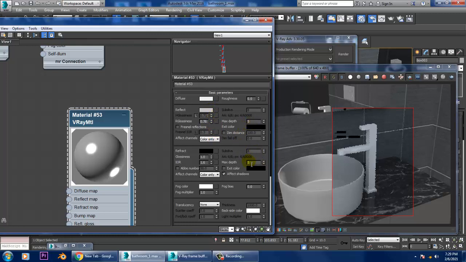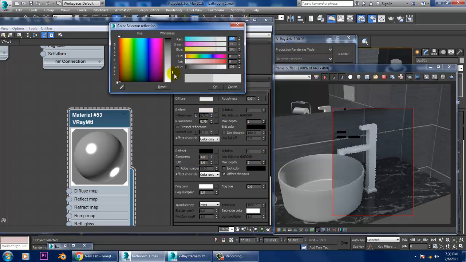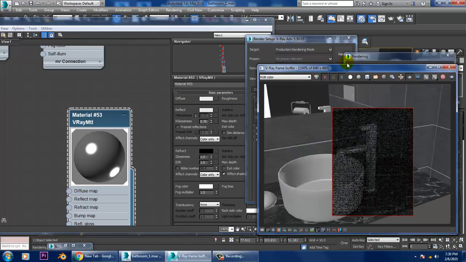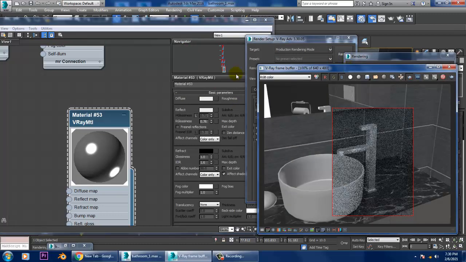So you can work with this more reflection. Let's render and see. We can take a more closer shot.